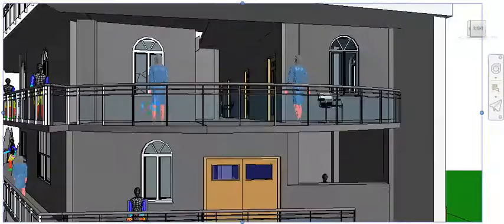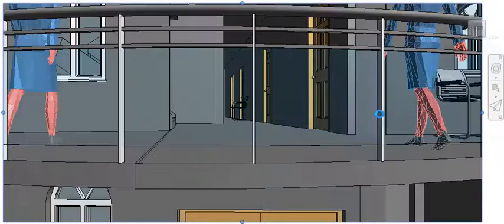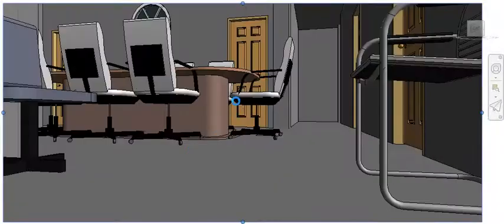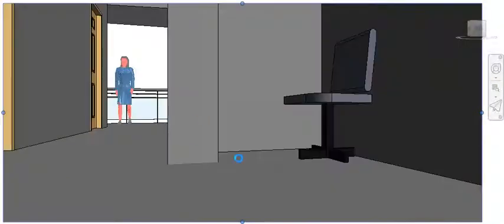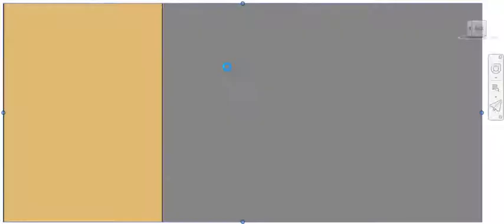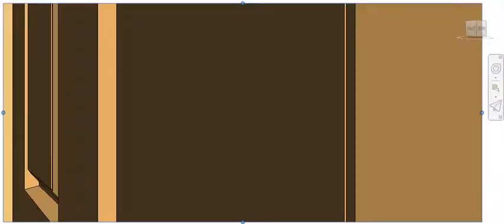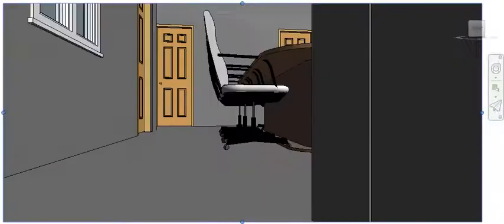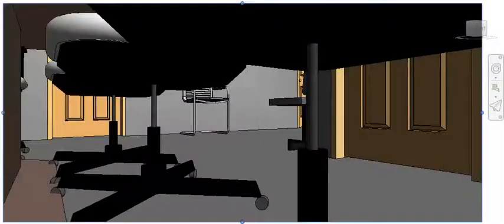Yeah, this is the front side of the second floor. This is the whole passage. This is the dining room, you can see. Here is a staircase. The speed is quite fast now, that's why these things are not clearly visible. But yeah, this walkthrough is created in Revit, so we can't do anything.